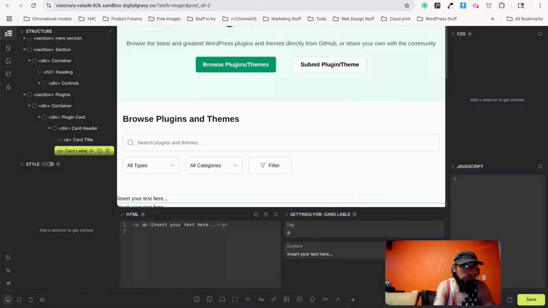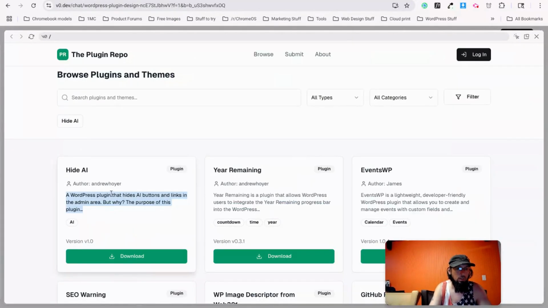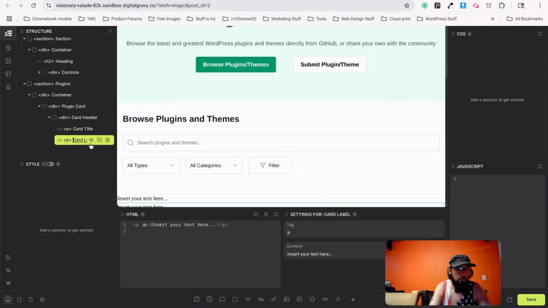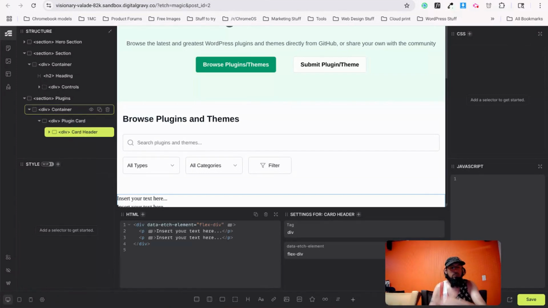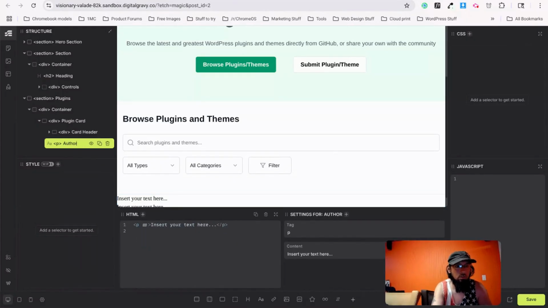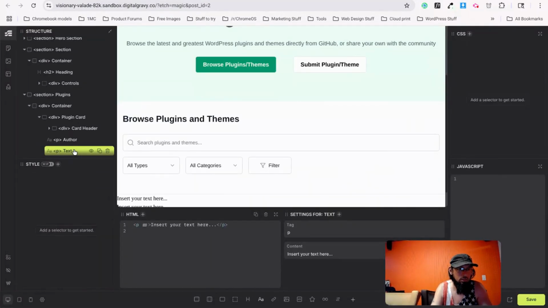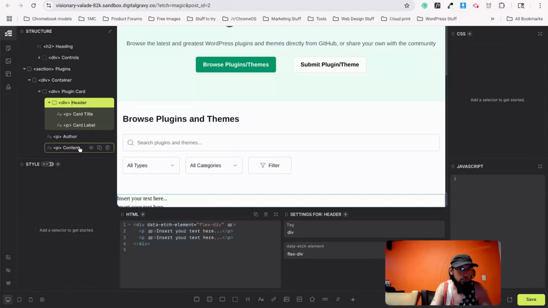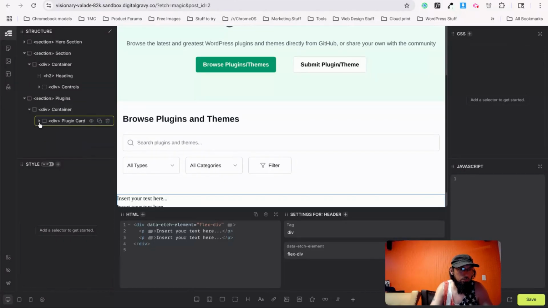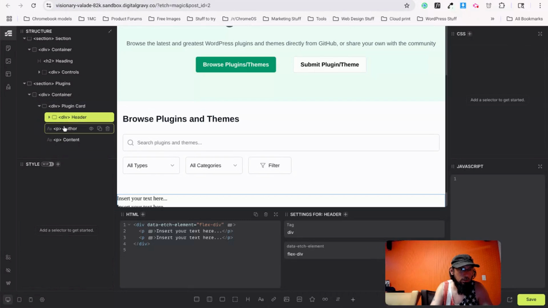Card label. Whatever. And then after the header, I don't think this needs its own div. I think I just do a text. After that, another text. I don't need to put the word card in there because it's going to get it from that. Alright, so plugin card, header, author, content,